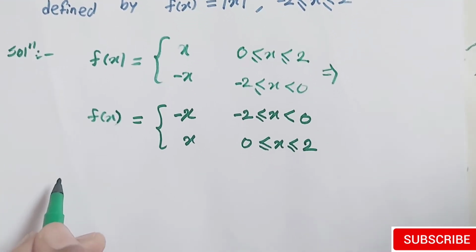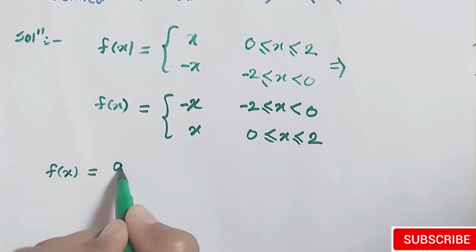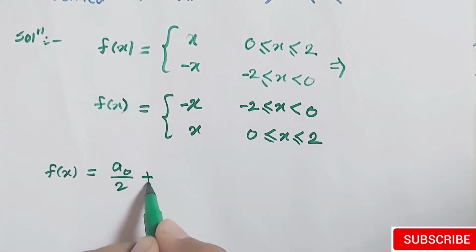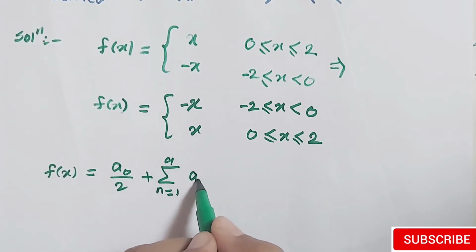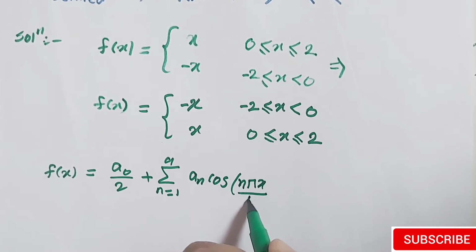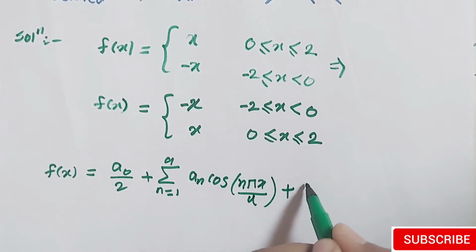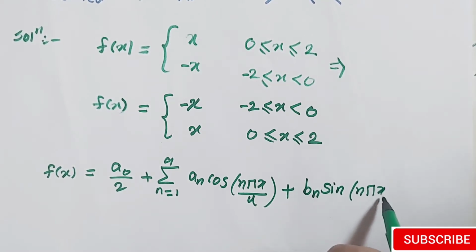So the Fourier series for this function is f of x equals to a0 by 2 plus summation n running from 1 to infinity an cos n pi x divided by L plus bn sin n pi x divided by